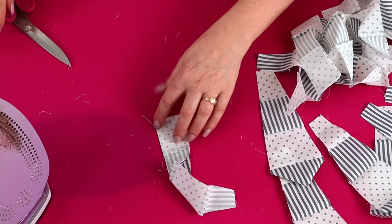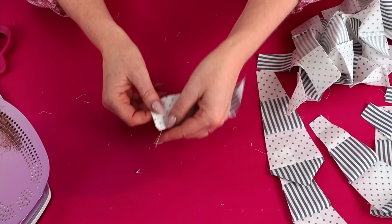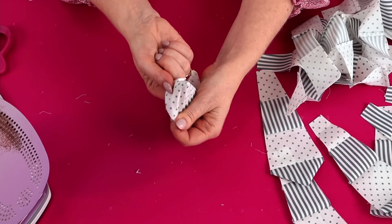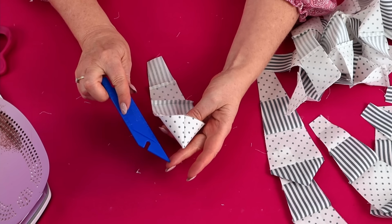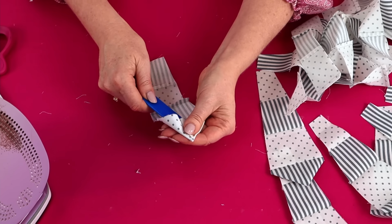crease in the center. And then we just want to clip across each end there just to reduce the bulk. And then push the seam down to one side and turn it through to the right side. You may want to use something to poke the end out. I'm going to use a point turner. These cost a couple of dollars from your sewing shop and they work really well just in poking that end